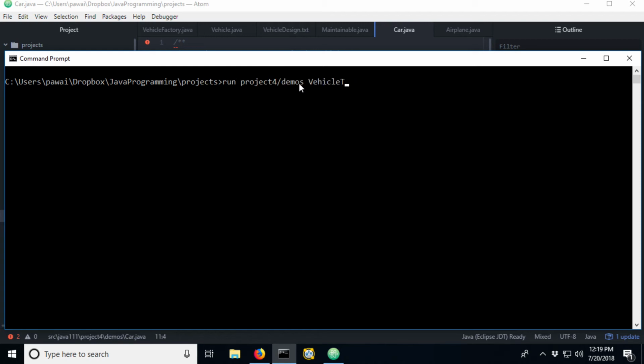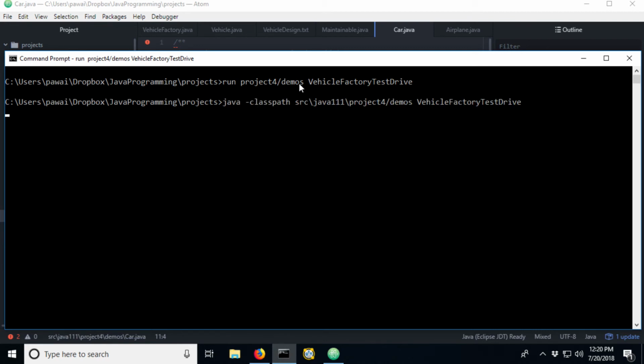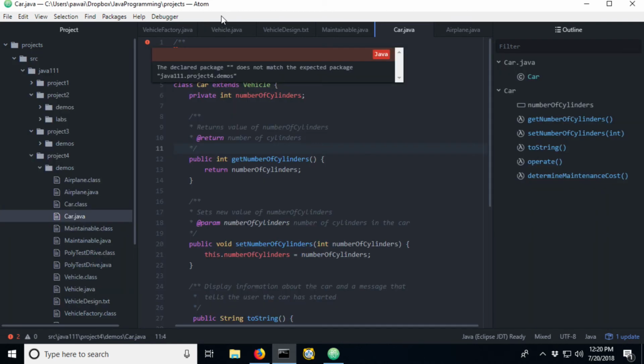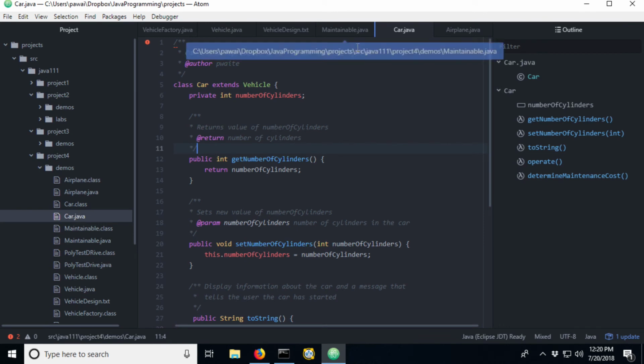And I think this was the vehicle factory test drive that we're now working with. All right, so we've got the cost of maintenance is 0 and 0, and then we've got a bunch of other output from other parts of the application.